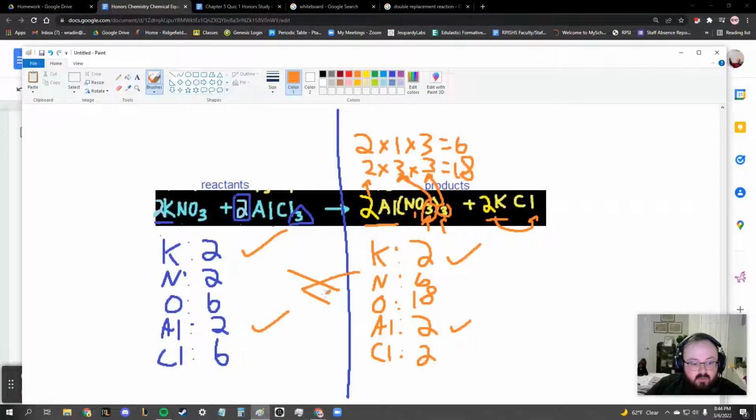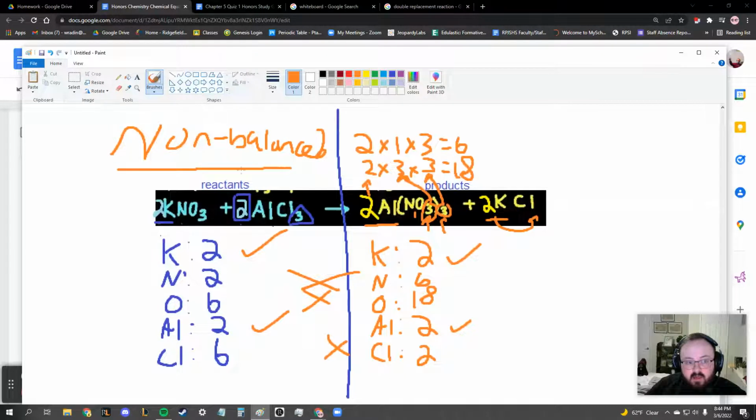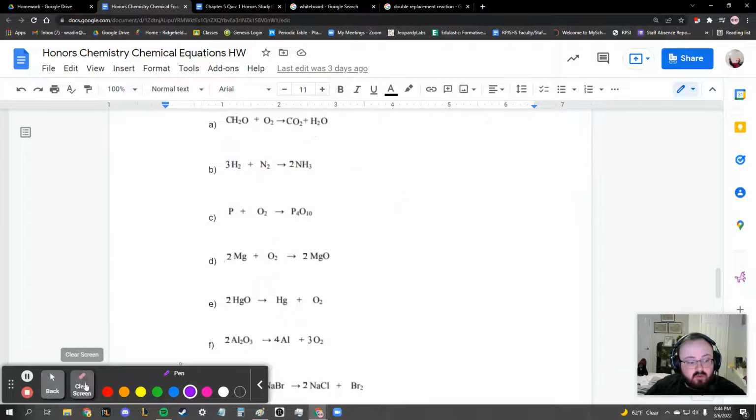These don't match up, these don't match up, these don't match up. This is not balanced, or unbalanced, both meaning really the same thing. It's not good. Okay? So this is just really what to expect for all of this. You're just doing subscript times coefficient. If you have parentheses, you have another subscript. Okay? The last thing that I'm going to go over is how to recognize and